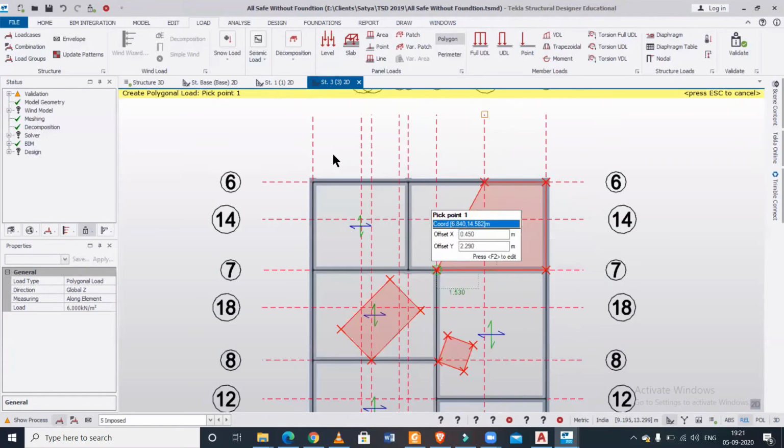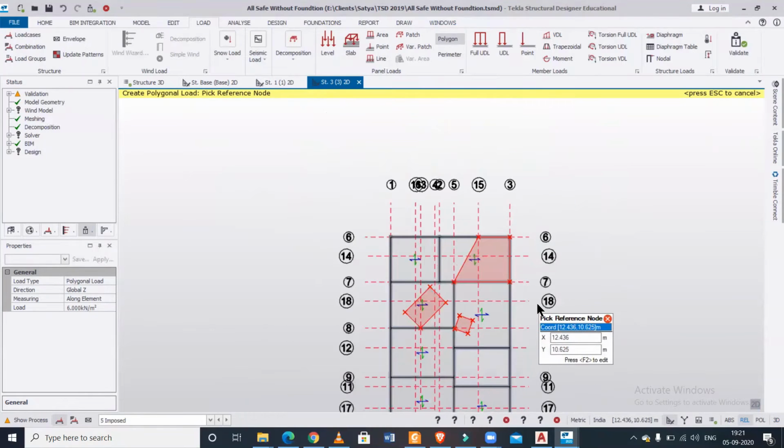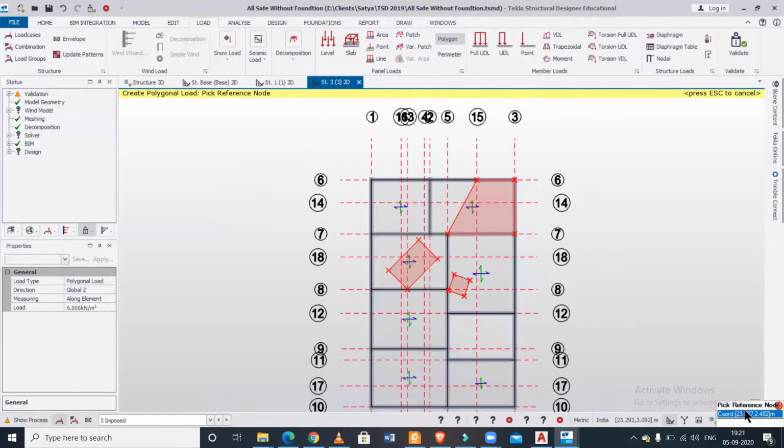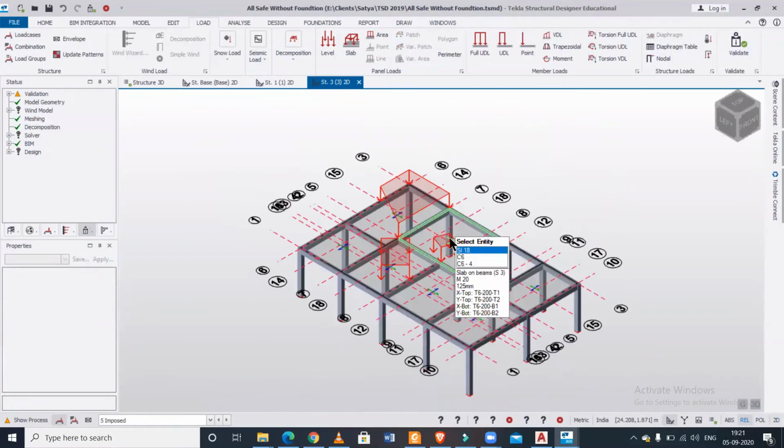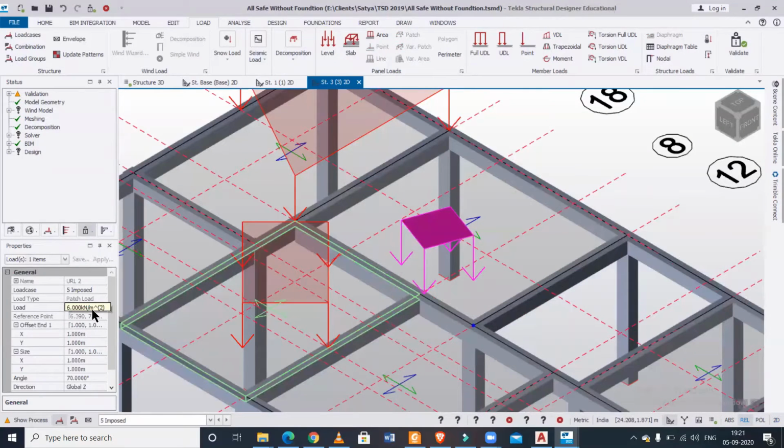Last point, you have to double click on it and escape. And you can also always edit these values. So this is the way to do a polygon load. Now if we want to apply a variable patch load, like this value of this particular loading is 6 kilonewton